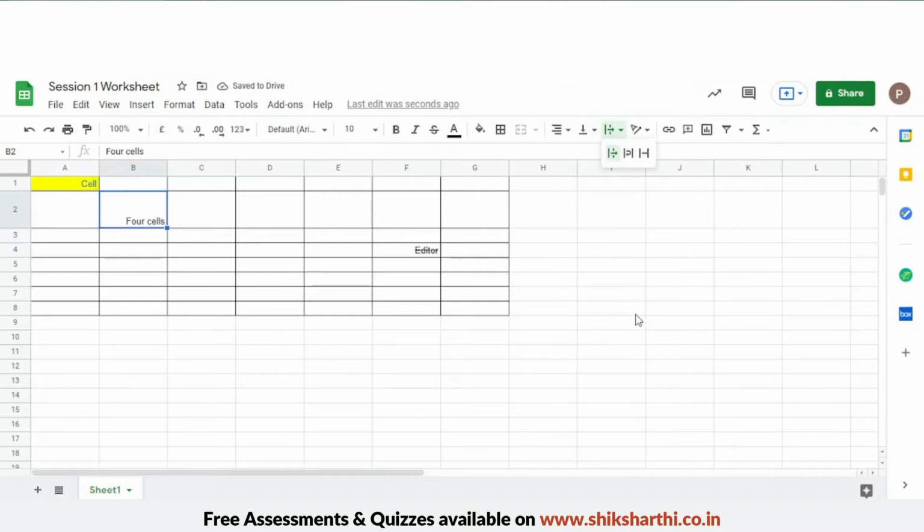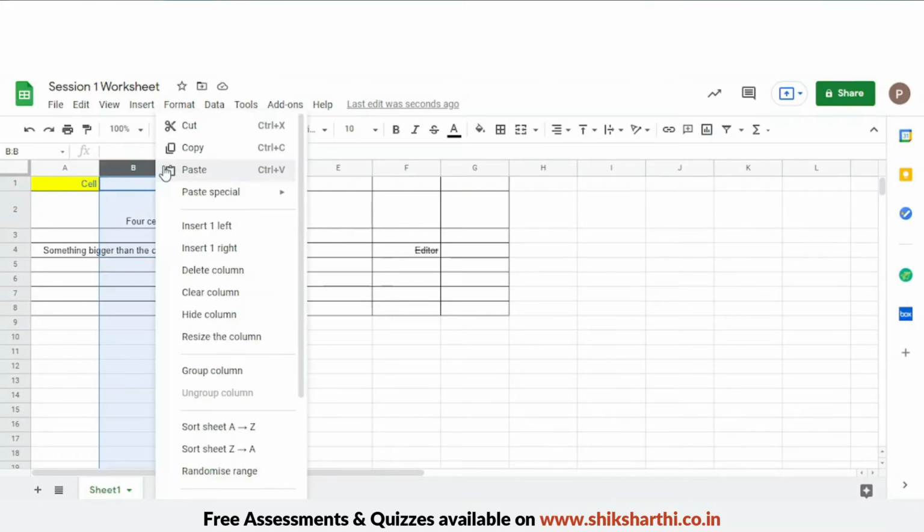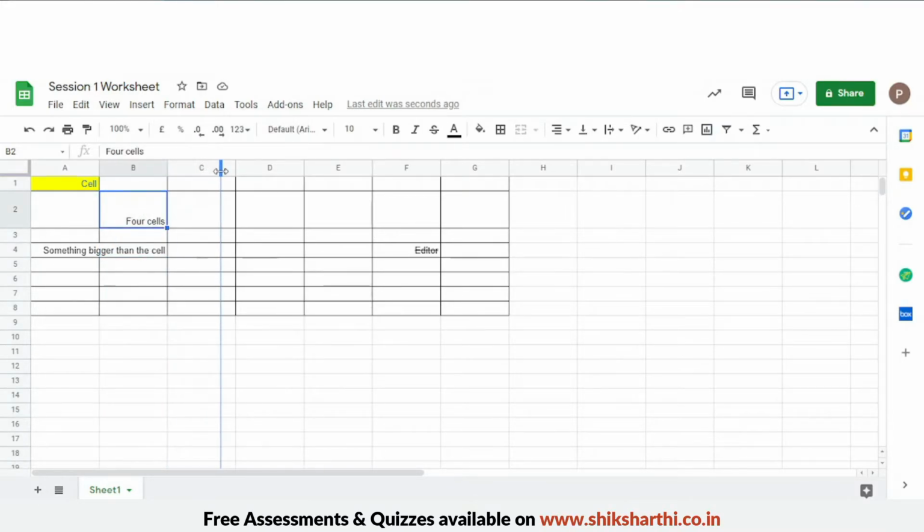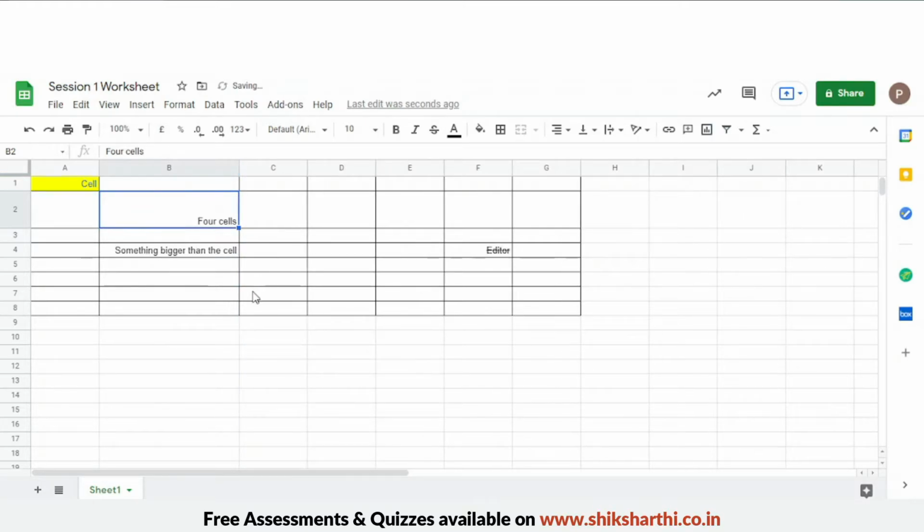Now this here is called text wrapping. If you type something in a cell which is bigger than the size of the cell, it just appears to go beyond the cell, but it's still in the same cell. For this you can make that column bigger, and you can make it appear in a single cell. But I have another good option. Just use text wrapping, by clicking here.